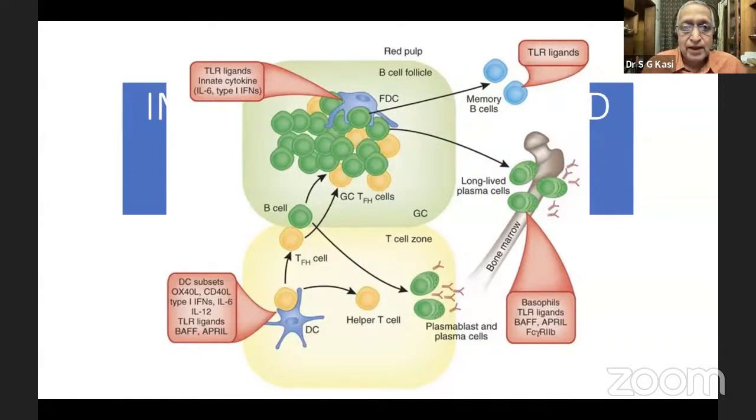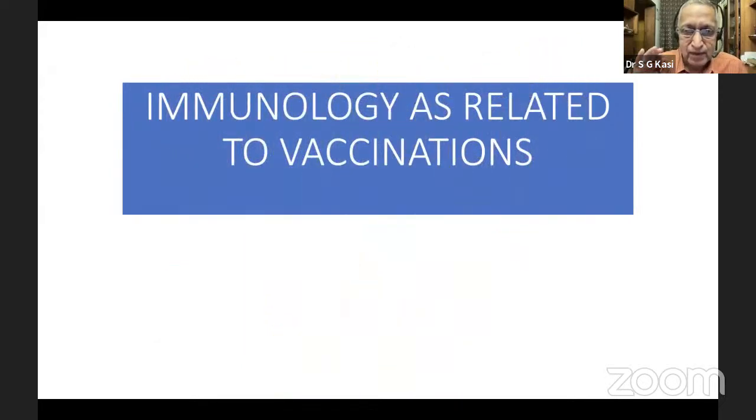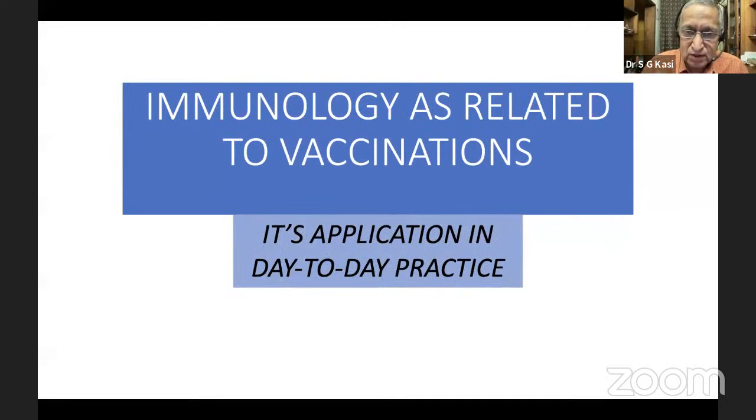But immunology is at the very core essence of vaccinology. And almost every single parameter in the practice of vaccinology, be it interval between vaccines, can we give these vaccines together, and many other such issues are answered when you know about the immunology of vaccinations. So today, I will talk about a very simplified approach to immunology of vaccinations, and with a lot of emphasis on its application in day-to-day practice. Why you are doing this? What is the immunological basis for doing this?